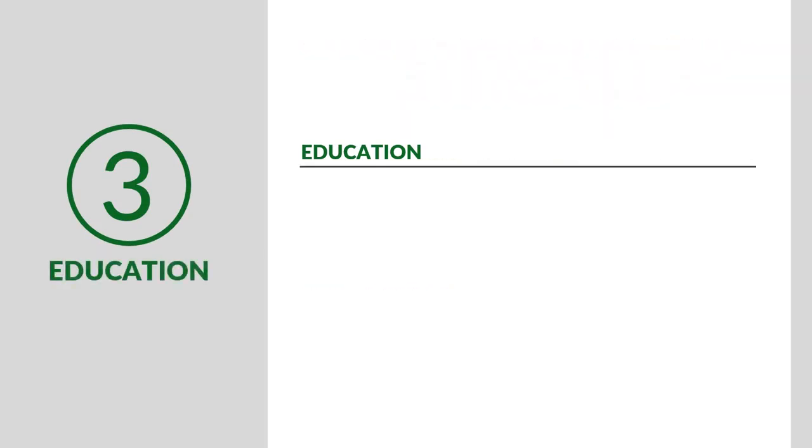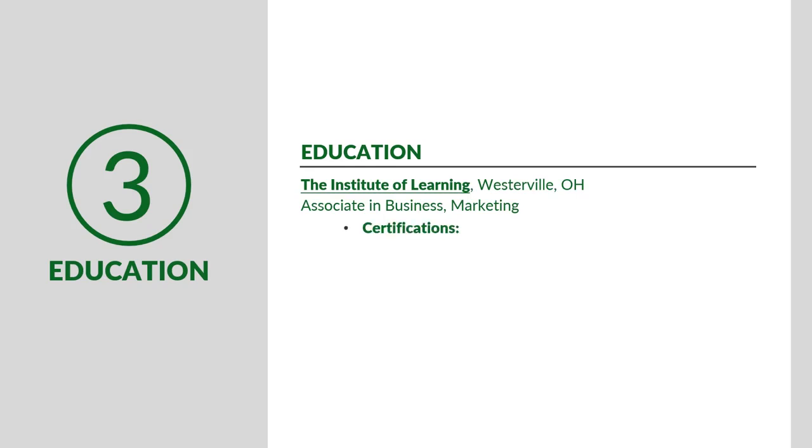Let's take a look at education first. Here, you should list the schools you have earned a degree or certificate from since high school. You can also include the school you are on track to earn a degree or certificate from soon, including this PathStream certification. Include the month and year you obtained them with your highest degree at the top, and state your